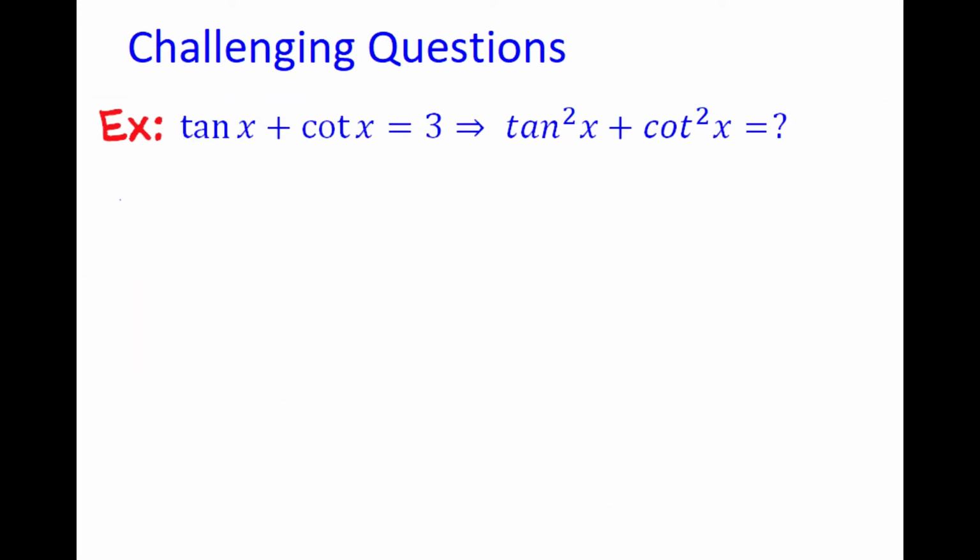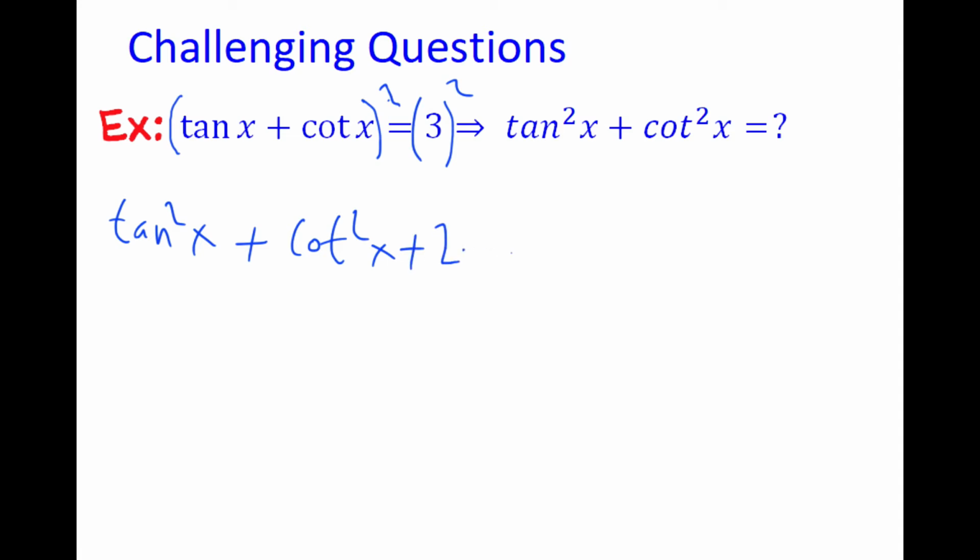And this is our next question, guys. Here we have tangent x plus cotangent x, and if this is equal to 3, then what is the value of tangent square x plus cotangent square x? Well, if you take the square of both sides here, guys, the left side and the right side, then we're gonna have tangent square x plus cotangent square x plus 2 times tangent x times cotangent x, and that is